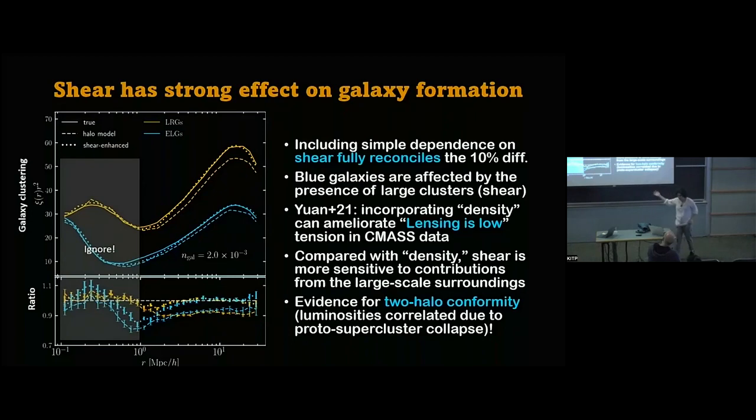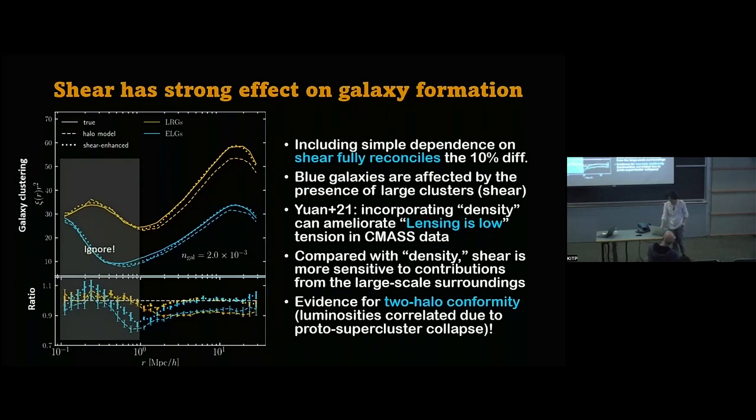So if you're interested in more details, do talk to me. But the bottom line is that we really find this evidence for two-halo conformity. Especially for blue galaxies, we find that their luminosities are correlated on pretty large scales, and shear, or the presence of large-scale structures nearby, is really a good indicator of what their distribution looks like.